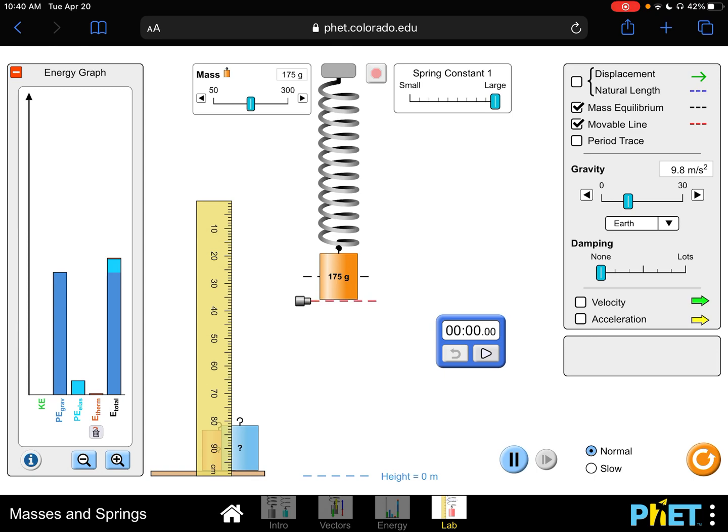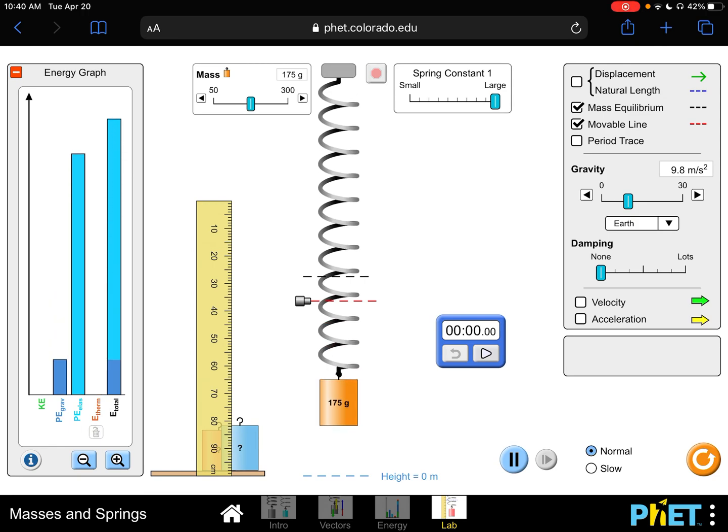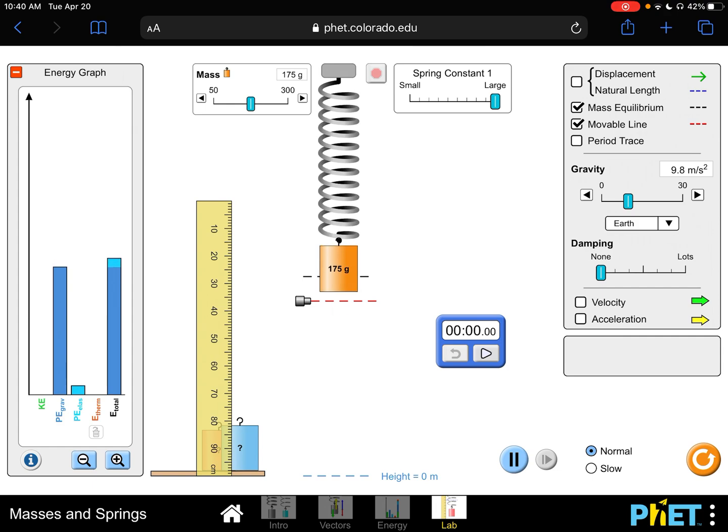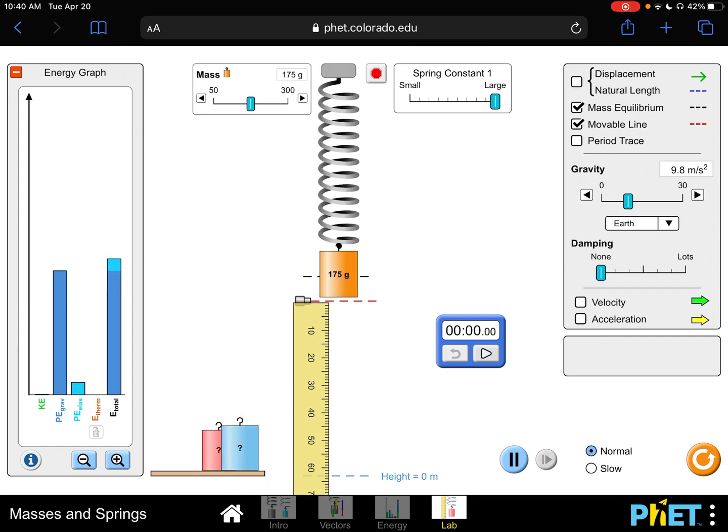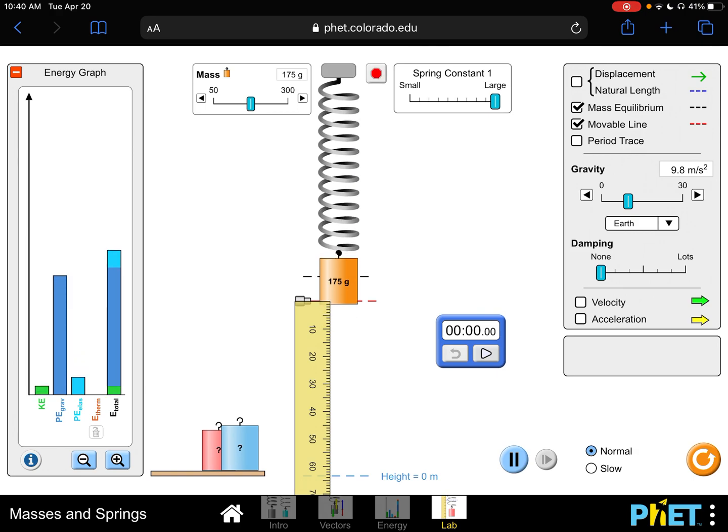So the movable line is going to be my reference point. So in my one trial, I displace this a certain amount. Well, I'm going to have to know how much I displace it. I pull it down 10 centimeters, make it oscillate, and I measure a dependent variable, which we didn't determine yet. So my next trial,